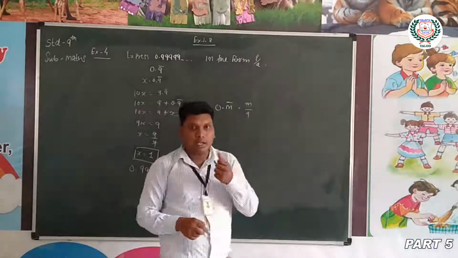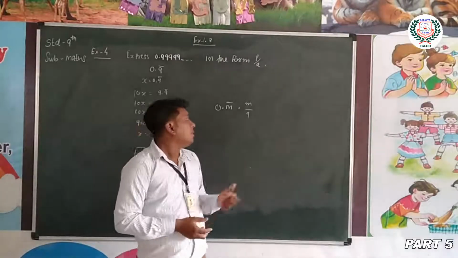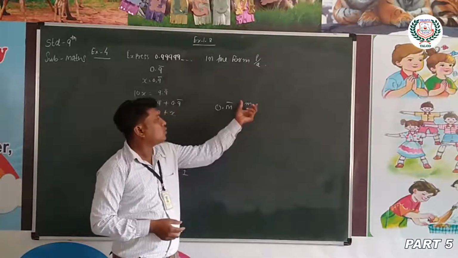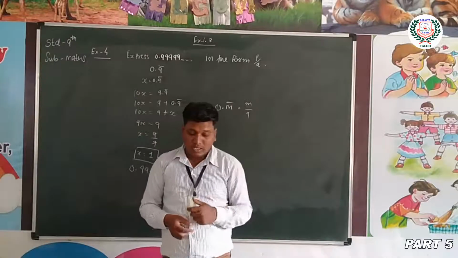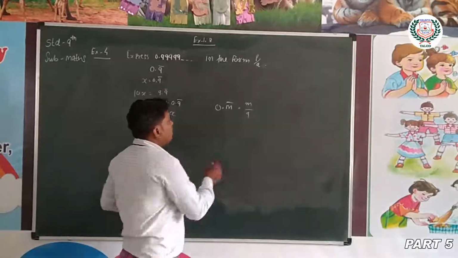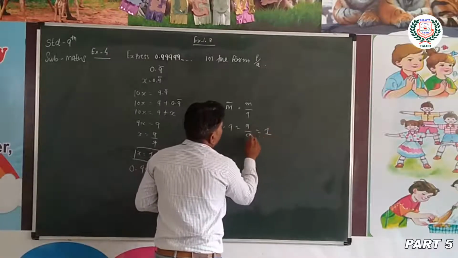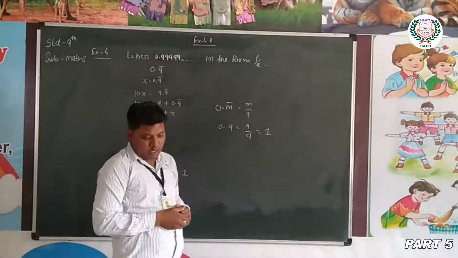Our short trick to convert into p by q form, short trick ये थी कि ये सब जो रिपीट होता है उसको ऊपर रख दो और नीचे 9 रख दे तो आंसर आ जाता है. तो इस रूल्स का है, एज पर रूल्स. इस रूल से हम देखें तो 0.9 divided by 9 is equal to also 1 here.